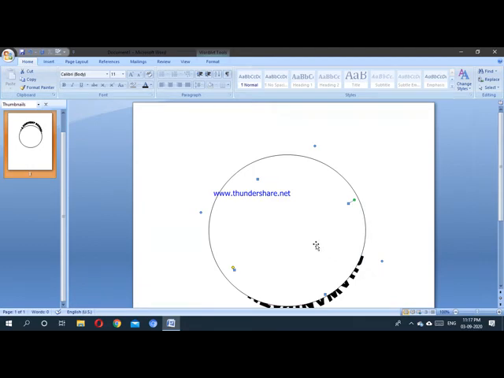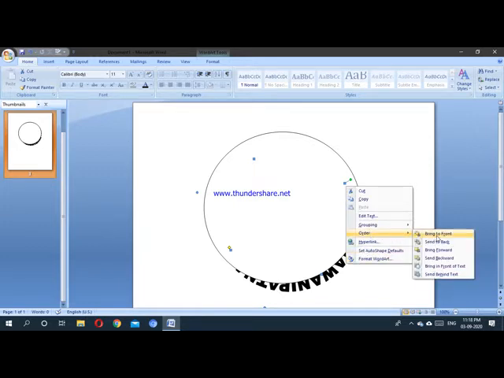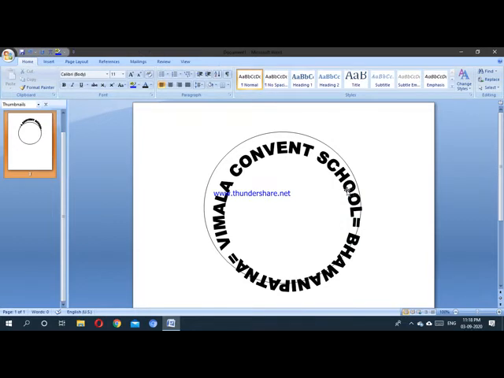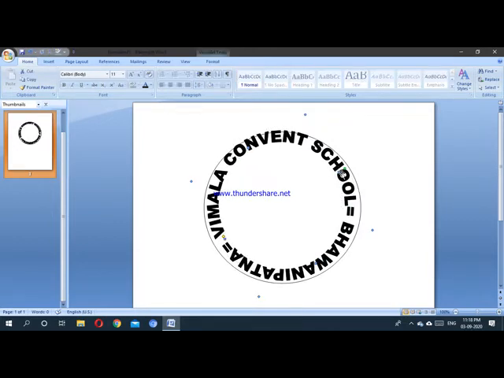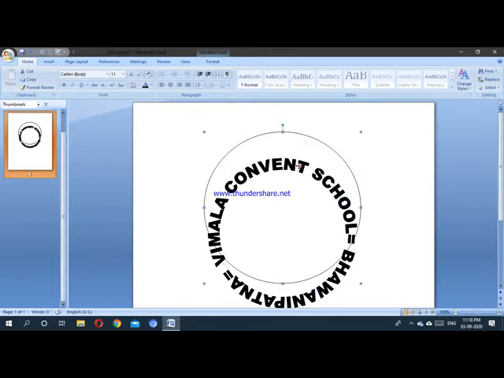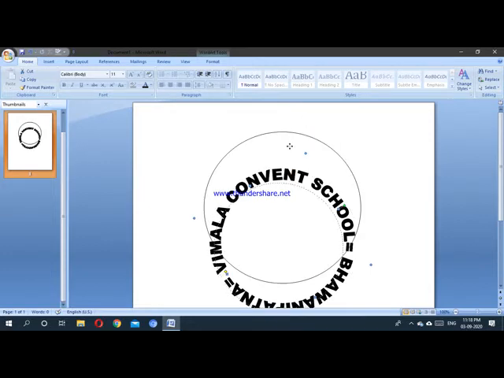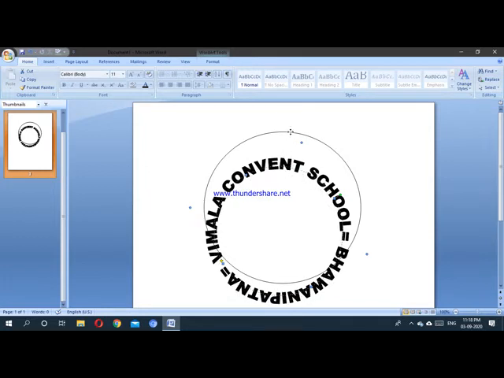Send behind text. Okay. Now select this one and go to Order. Bring in front of text. Now it is coming. Okay. Here put it a little bit downside. Okay. Now adjust this point. Adjust according to your.